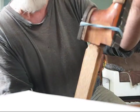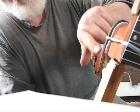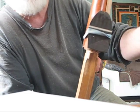Basically, the only thing that's important here is that I make this big enough so that it's larger than the original heel. Because that way when I go to grind it down, I can grind all the way around the edge and make it all look like one piece of wood, except that it'll have that really cool looking design there. Since this one had the old brass fret on it, I just ground it down so that there'd be,